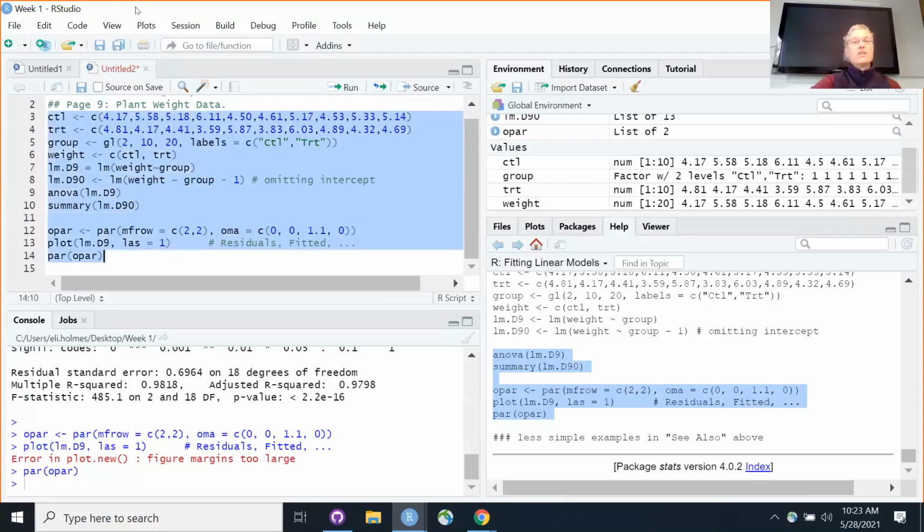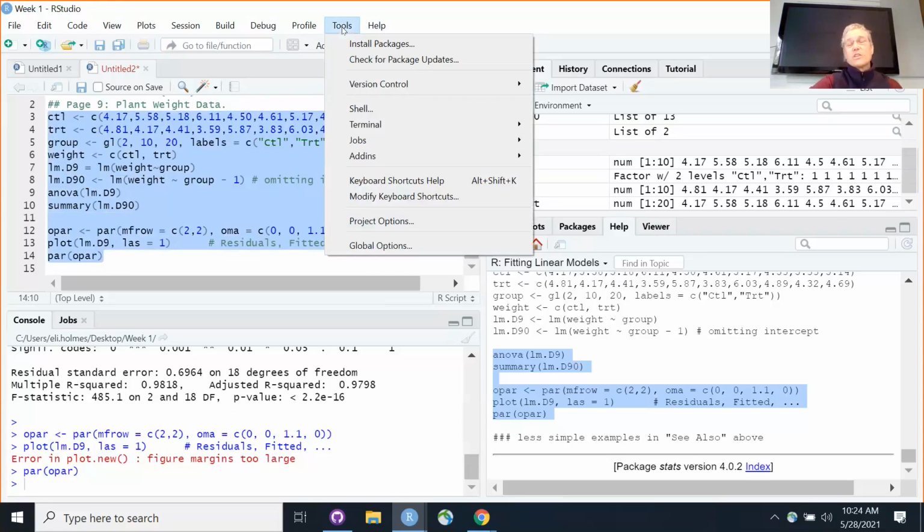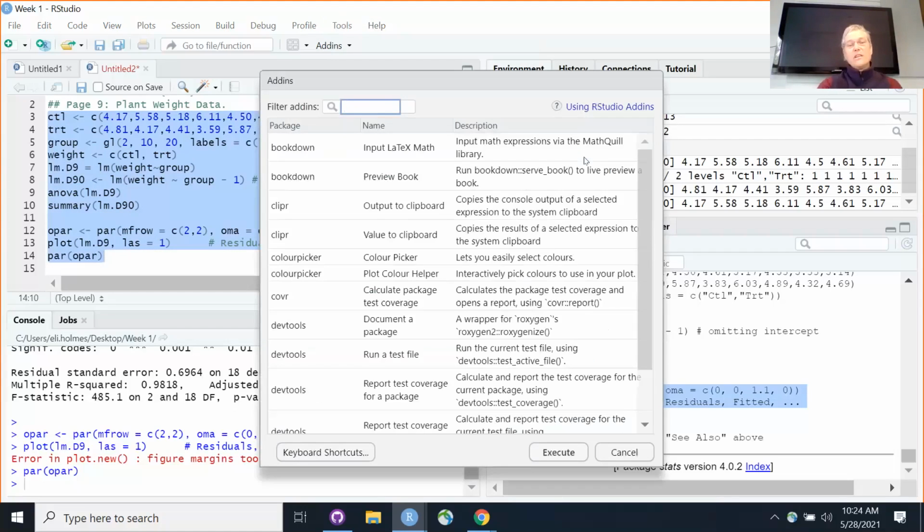And if you use the styler package, what happens is that it'll automatically put these add-ins in. You've probably never seen this before unless you knew about it. And if you click these add-ins, then